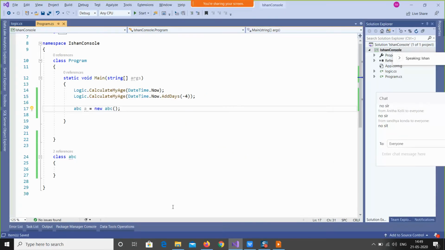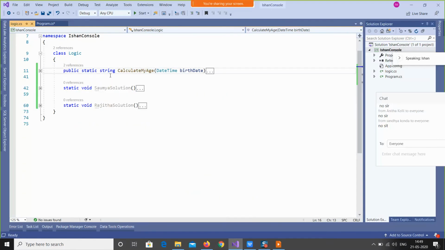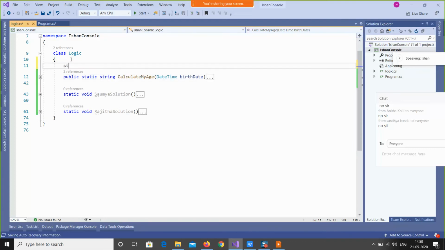One thing I need to clear here: whatever variables we declare here, we call them members, and whatever functions and methods we write inside the class, we call member functions or member methods. So in this case, let me write here.